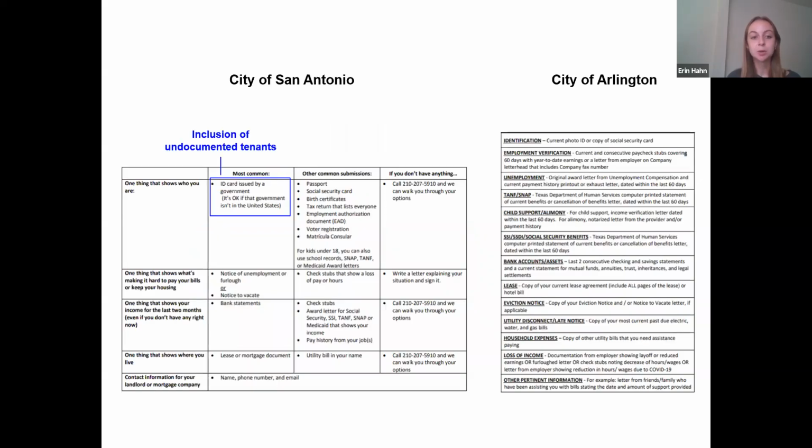And so in addition to slowing down programs' rates of dispersal at large, documentation requirements, like has already been mentioned today, can also determine which populations are represented in programs' recipient pools and which are not. So for example, even though federal guidelines do not exclude undocumented immigrants from the ERA program, many local programs prevent them from participating by requiring applicants to provide a state-issued ID or a social security number. But some programs are attentive to the barriers that particular required documents may set up for undocumented tenants, like San Antonio here, and make it explicit on their application that they are willing to accept an ID that is issued either by the US or another country. And if you go to the next slide,